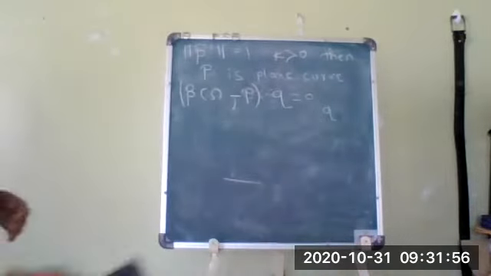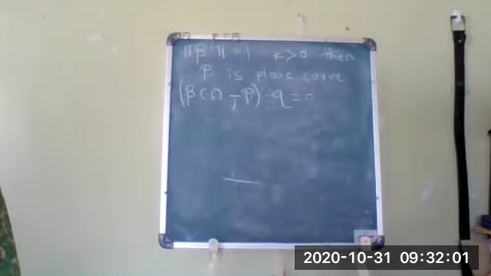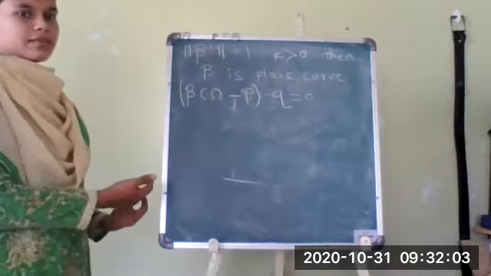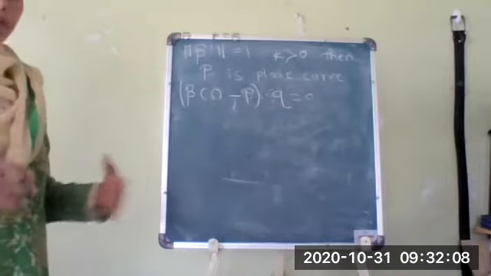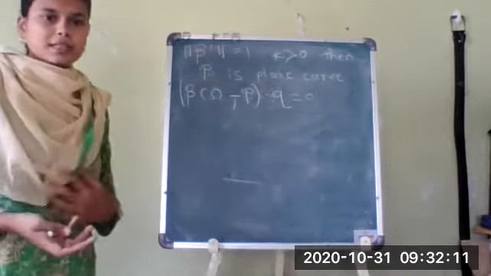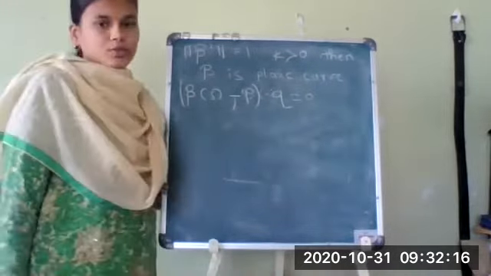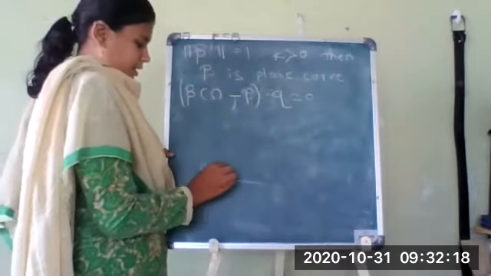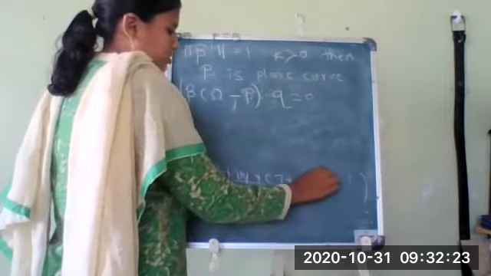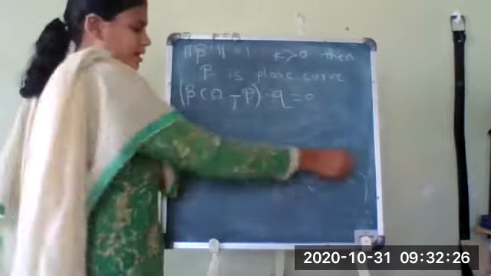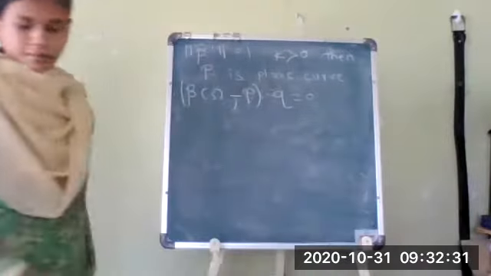How have I written this equation? Because if beta is a plane curve, that means beta is a curve lying in the plane, it must satisfy the equation of a plane. This equation of a plane we have obtained using what we studied in the basic part. This is the normal, this is the equation, and the dot product should be equal to 0. Those who remember, we wrote ax plus by plus cz plus some terms, with ax naught plus by naught and so on. Those terms we named d, and that is how we obtained the equation of a plane.